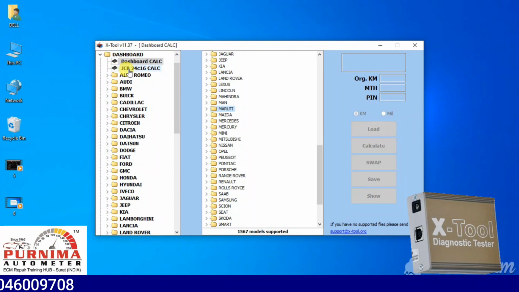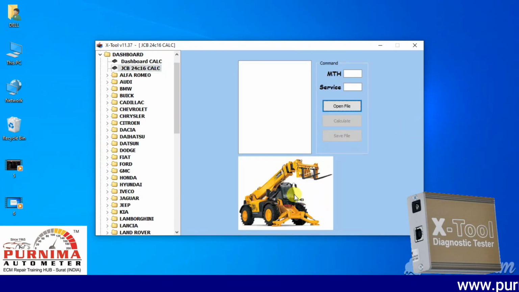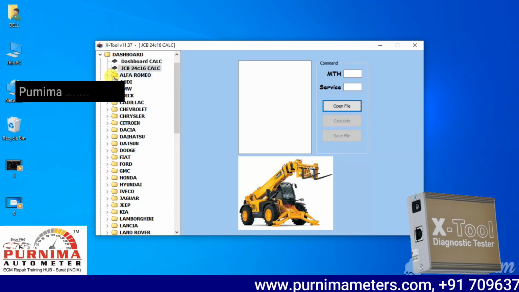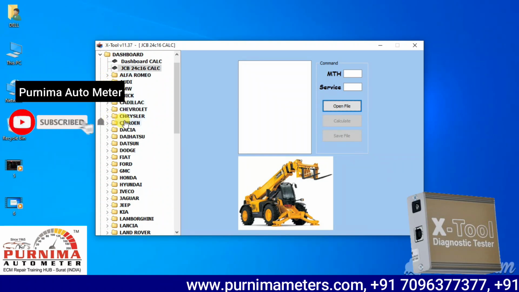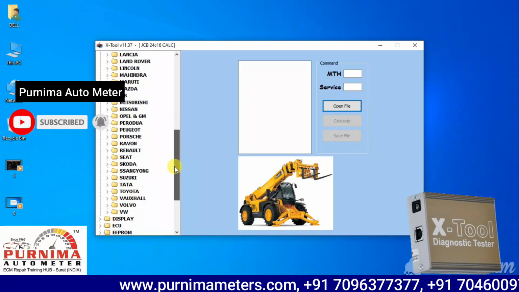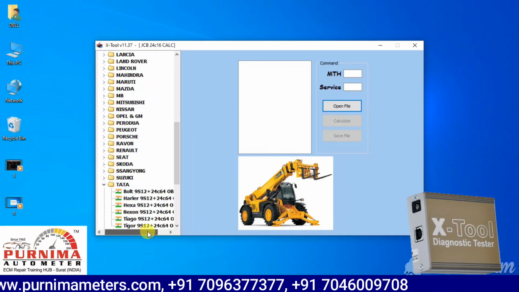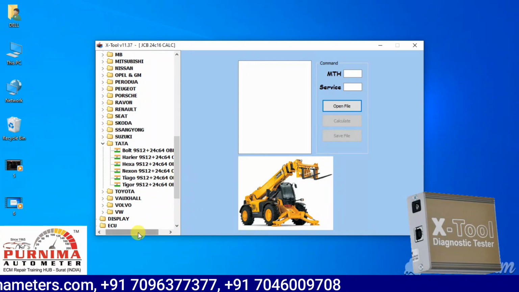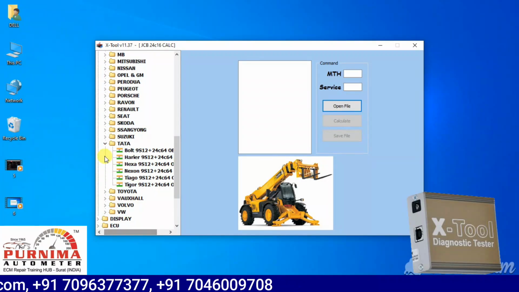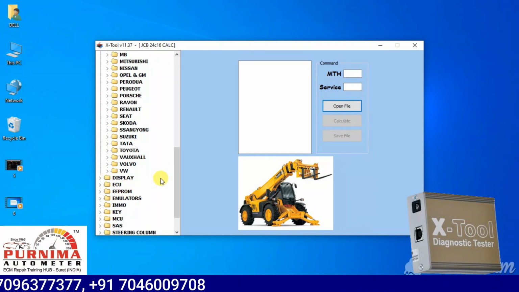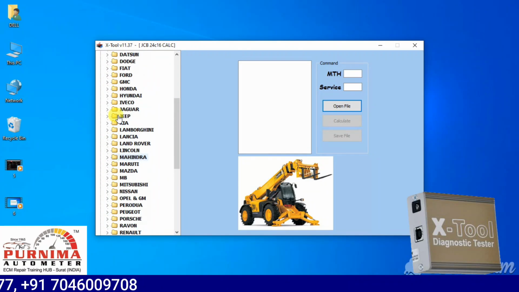Okay, and then JCB. There are commercial vehicles like JCB, heavy commercial. Yes, this device will also support JCB as well, right? Then we'll go ahead, like Alfa Romeo, Audi, BMW, bike. There are many cars. Okay, so you can see Tata cars are very popular now. Worldwide, it has many demands, right? So okay, this area is for the dashboard.